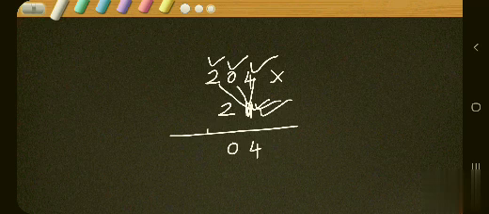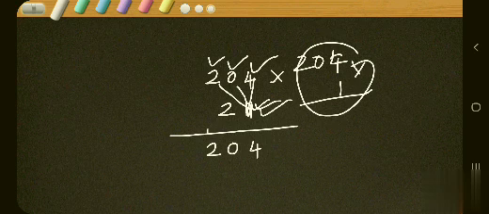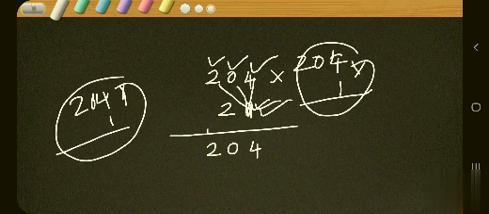So, 2 ones are 2. Okay. Then, now we have multiplied 4, 0 and 2 with 1. This we had done. We have multiplied 204 into 1. Isn't it? Down we have 21. In that we have multiplied